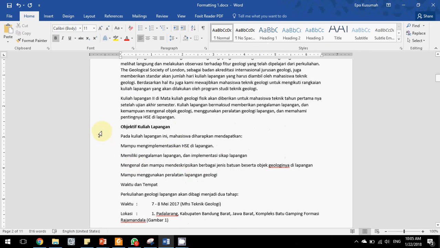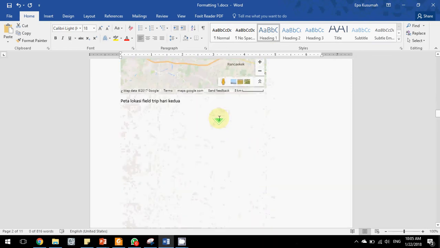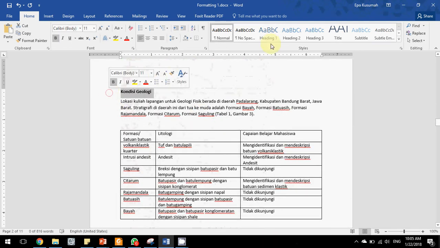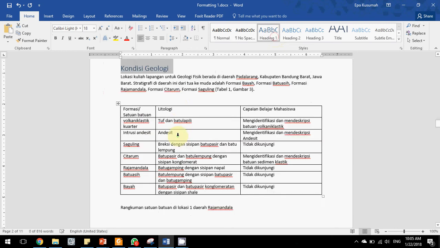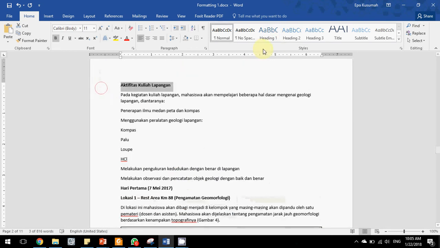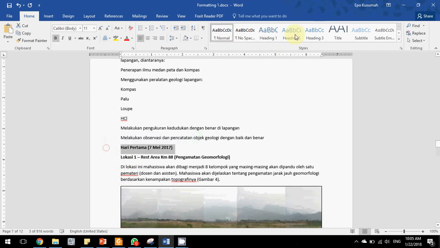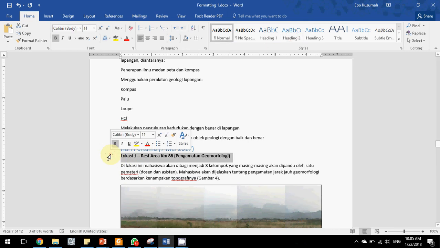And we change the objective kuliah lapangan also into heading 1, and then continue to kondisi geology, heading 1, aktivitas kuliah, heading 1, the first day will be heading 2, and this is the 3rd heading,